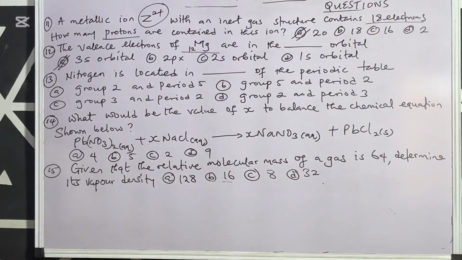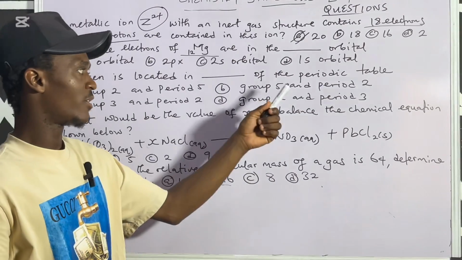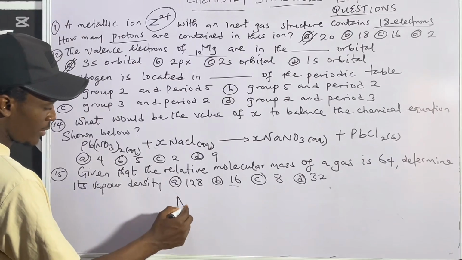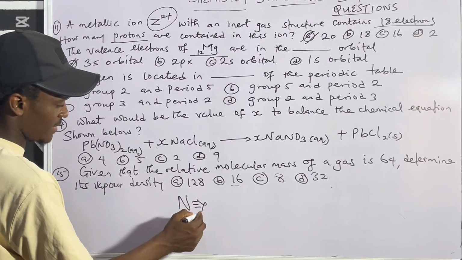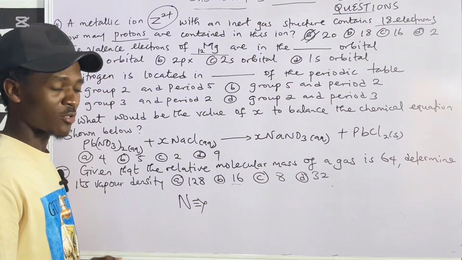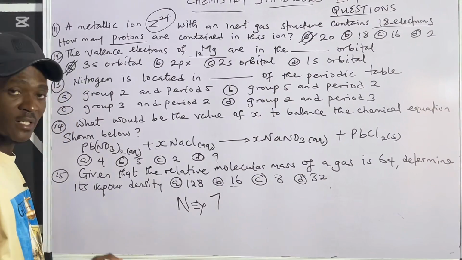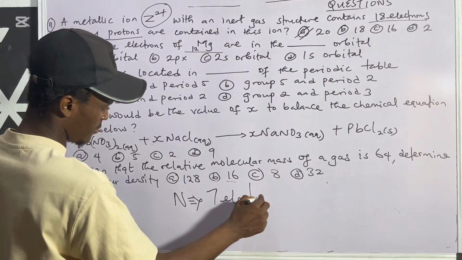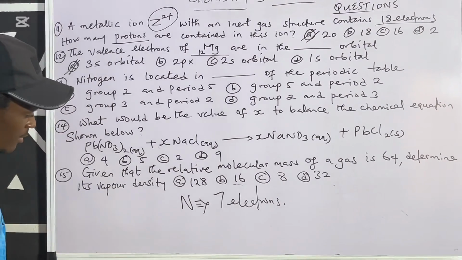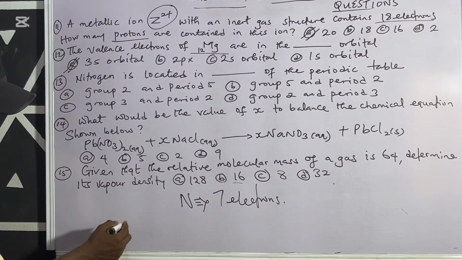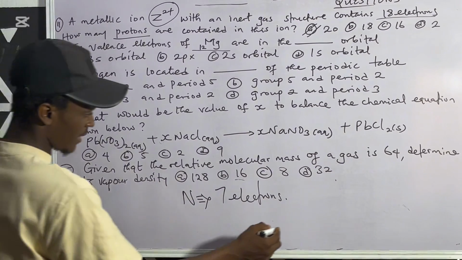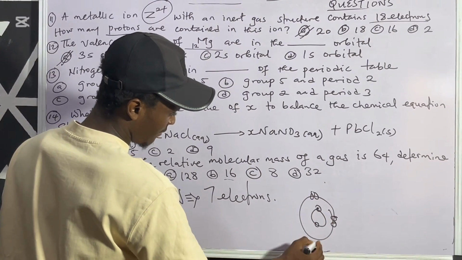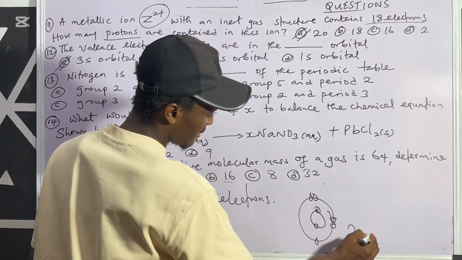The next question. Nitrogen is located in a dash of the periodic table. This question is a very cheap one. Now, firstly, we must know the position you can find nitrogen. When you are reciting your first 20 elements, what position can you find nitrogen? The 7th position. It means that nitrogen has how many electrons? 7 electrons. So going by shell configuration, or you want to represent it electronically, then your K shell will take what? 2. Then the next will take 5. Alright, this is 2, 5.